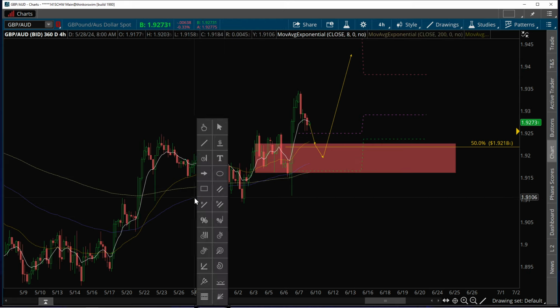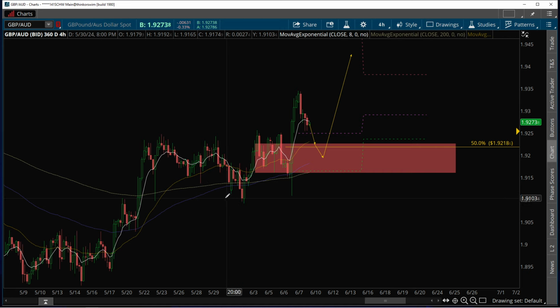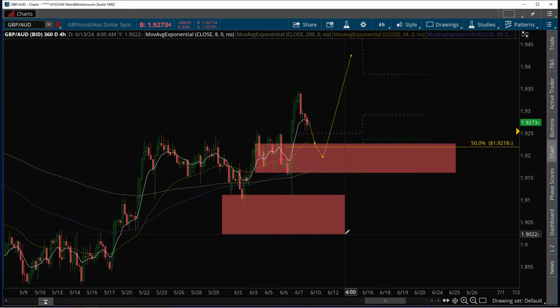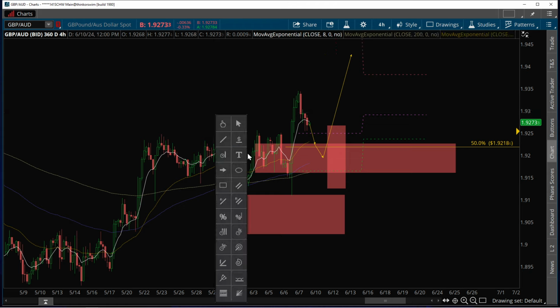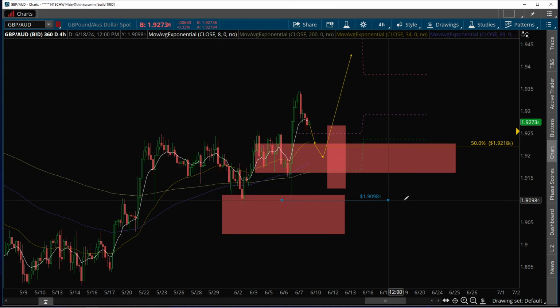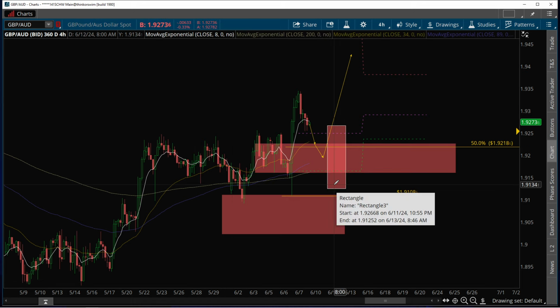So our initial risk is right here. We bought these lows and we had to stop below this 4-hour swing right here. So we still need to keep our risk here, but we don't want to see a daily close below this level. You don't want to see a daily close below that level, but especially below this higher low. So you hold the trade, and if we get a daily close like this, there's going to be